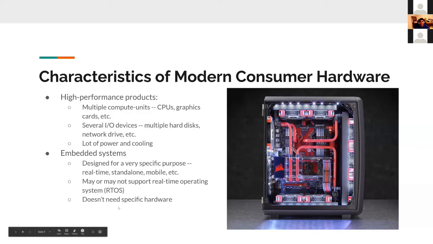But the idea is you don't need hardware except for a very specific purpose, right? In fact, it's actually bad to have more hardware than what you need. On the other hand, if you were building a gaming PC and bought an unnecessarily expensive graphics card, which I am very likely going to do, the worst case is you don't use it and you only end up using half the memory or half the compute power. But in an embedded system, it's mission critical if you include too much hardware, right? If your drone doesn't fly or if your complicated telesurgery system doesn't work